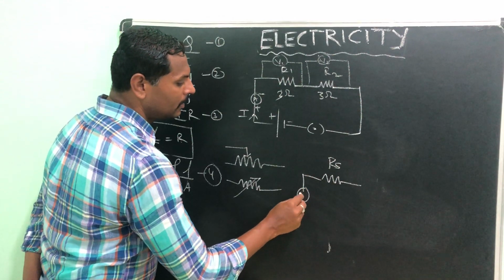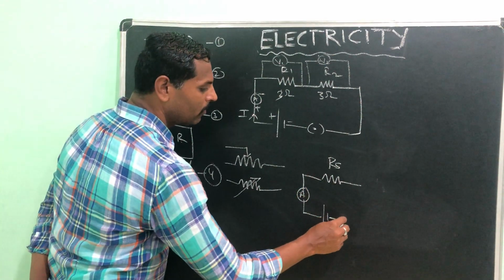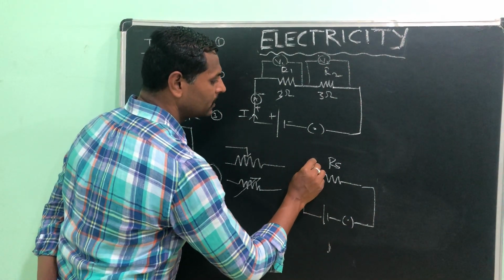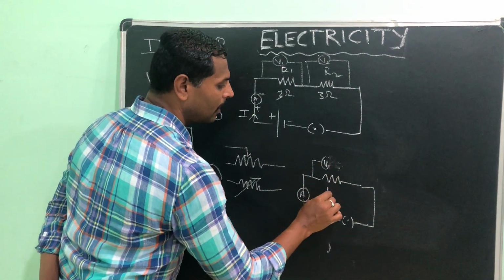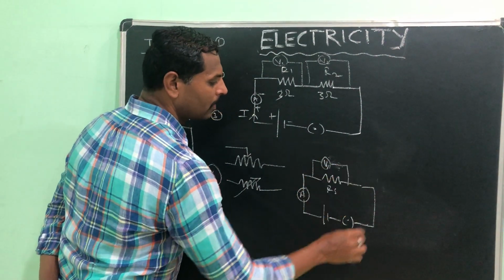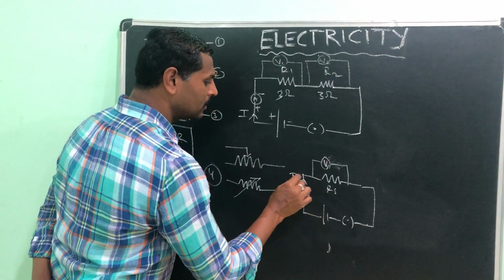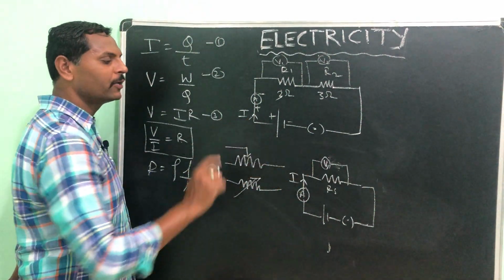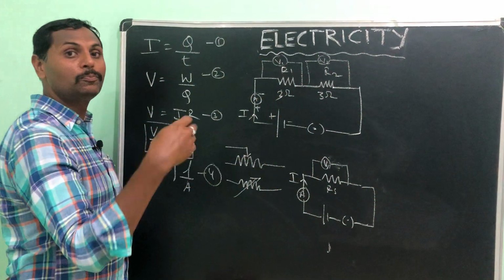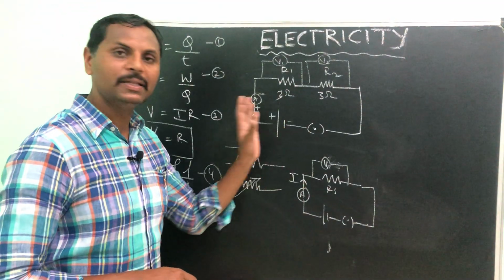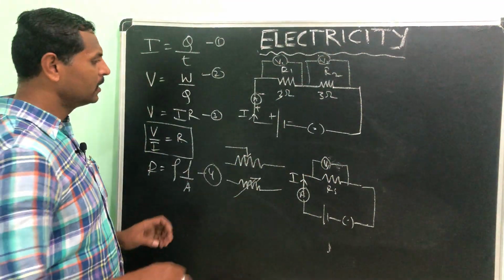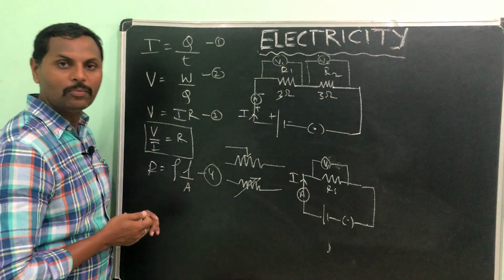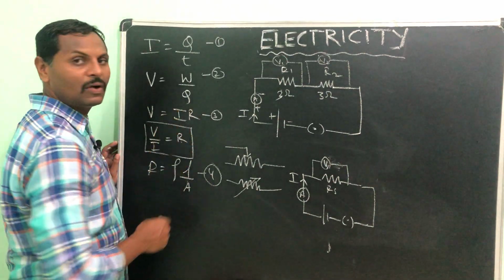Here the ammeter, and this is the voltmeter. You can take RS here, with the current direction like this. So what will be the effective resistance if you want to remove these two and put a single resistance in their place? That will be this one. If you want to get a formula for it, you have to go for Ohm's law. What is that? V is equal to IR.